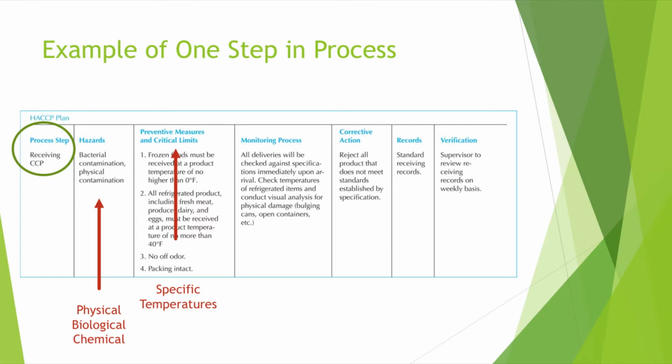Monitoring process is pretty straightforward. You can read through that. Corrective action then, here it notes very specific actions. So let's say in the event that we had that fish package come in and the ice had all melted, well, what are we going to do? We're going to reject that product that does not meet standards established by specification for whatever reason and send it